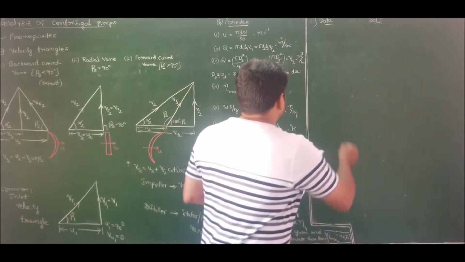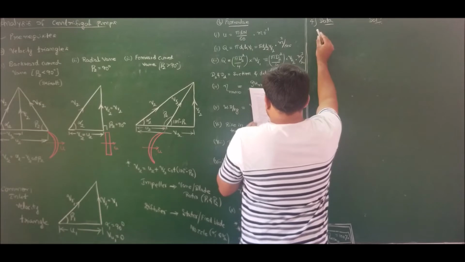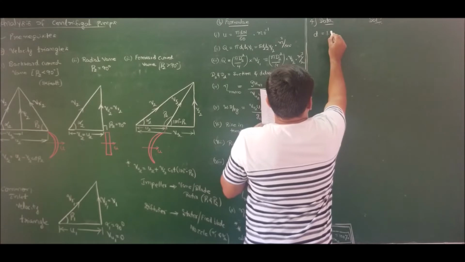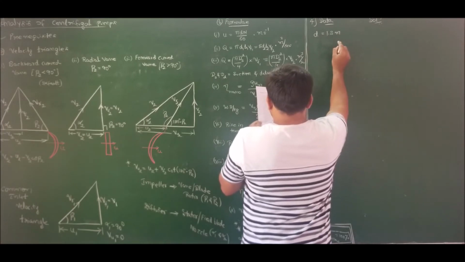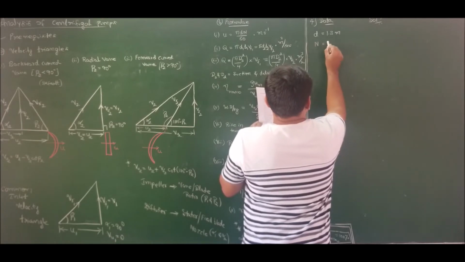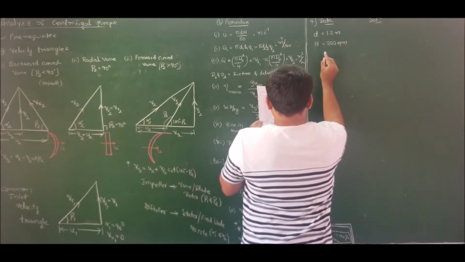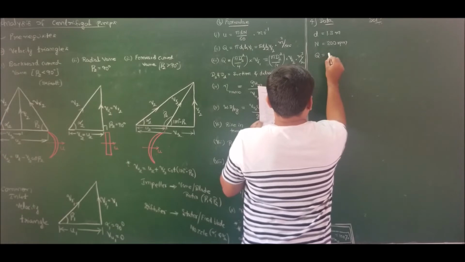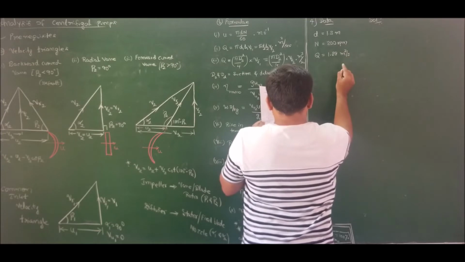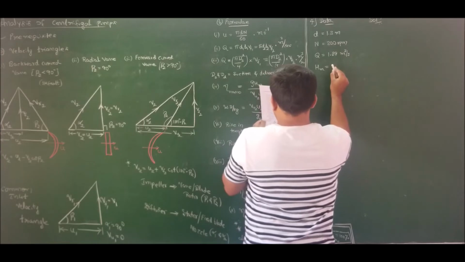If I list the data given for problem number 4, we have a centrifugal pump with 1.2 meter diameter. He has given the diameter and not specified whether it is inlet or exit. Let us see later. Runs at 200 rpm. He has specified the speed as 200. Pumps 1.88 meter cube per second, that is discharge, Q is 1.88 meter cube per second. The average lift being 6 meters, that is manometric head. Lift is 6 meters.